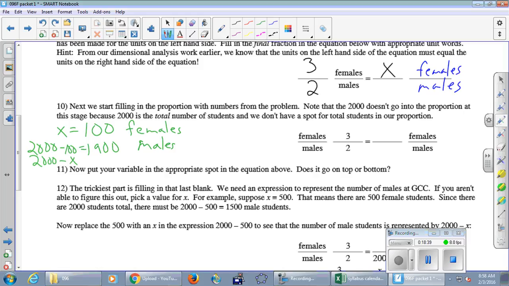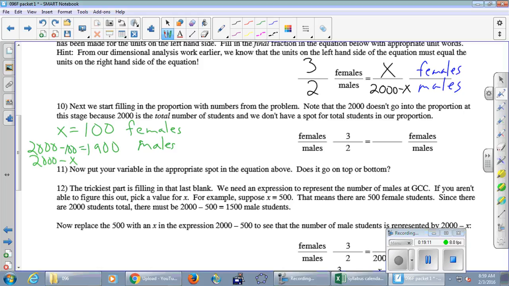Like I said, some of you could probably have already intuited that this was supposed to be 2,000 minus x. I don't need you to make up a number if you're one of those lucky folks who can just see 2,000 minus x. But if you can't see it, it's no problem. You have a technique. Make up a number. As soon as you say 100 females, it's obvious. So obvious to you that it's 1,900 males that you might not even realize what you did to get 1,900. You just did it instantly. So just kind of unpack it a little bit. How did you get 1,900? Oh, I did 2,000 minus 100. Just change it, 2,000 minus x.